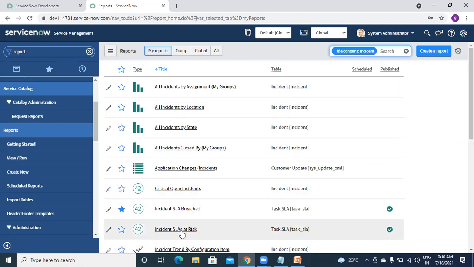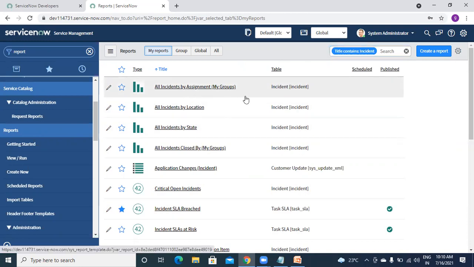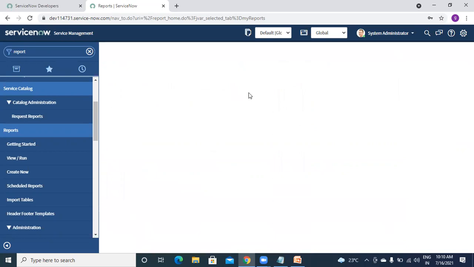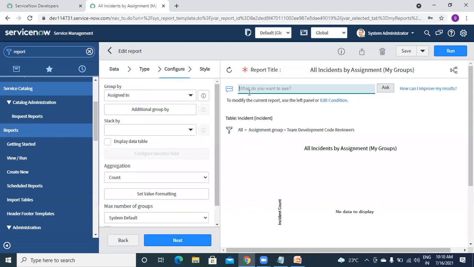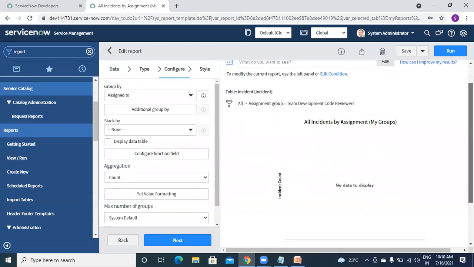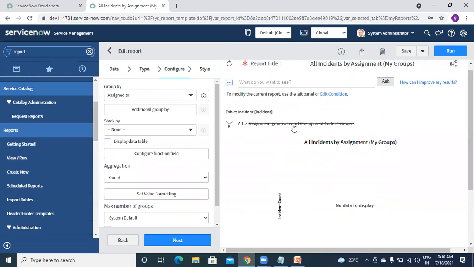These are some of the reports on SLA also. So let's open this one. Here is all incidents by assignment group.